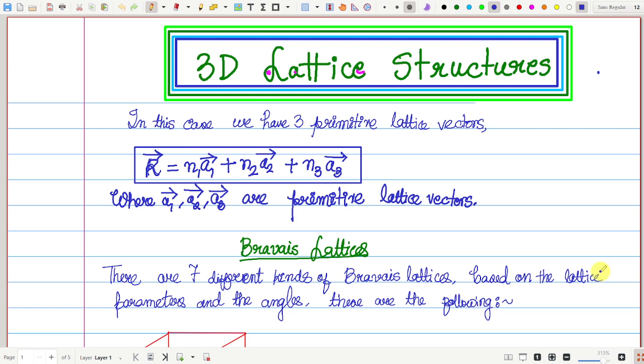So, we were discussing CMP basics, and we discussed the introduction and also the 2D lattices. What is a lattice? What is a basis? We had discussed that in a very brief manner. So now that we know what a lattice and a basis are, we can move to the real